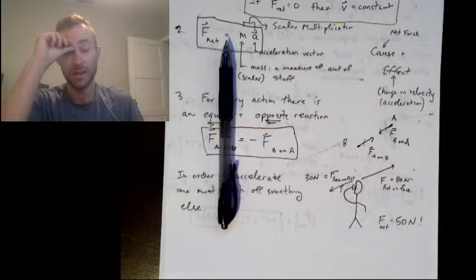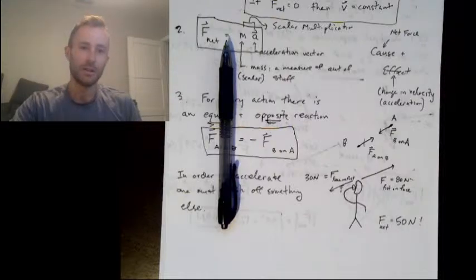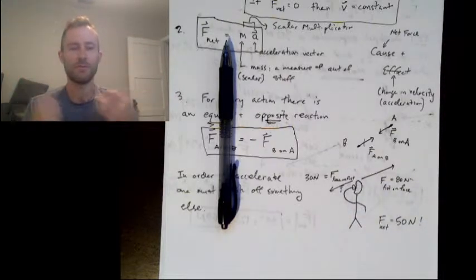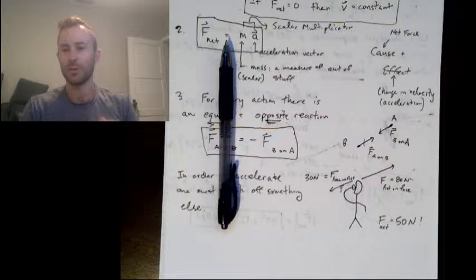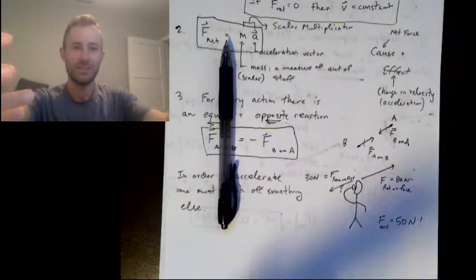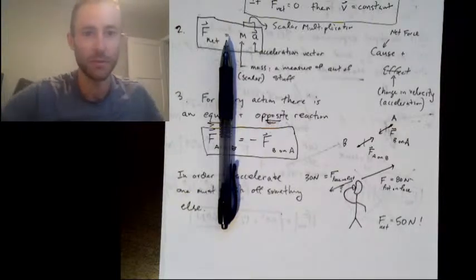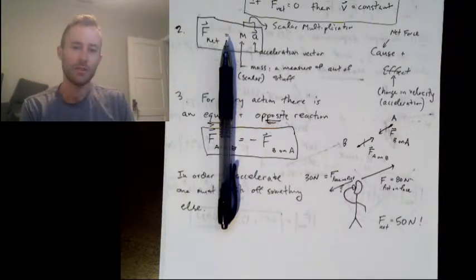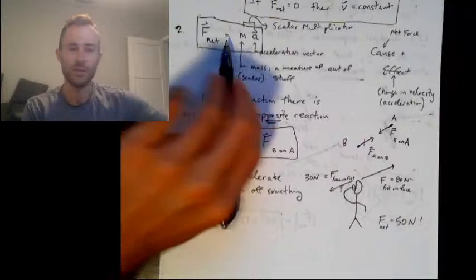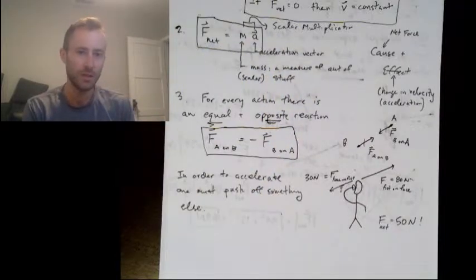So the jet does not work in a vacuum. The thing that the jet is pushing off of is it's sucking in air from the atmosphere and pushing off of the air. All right, so you don't need reaction mass in a jet,